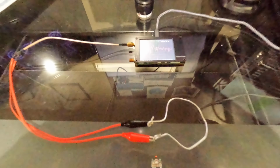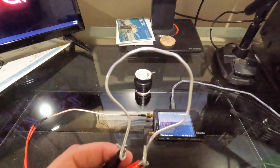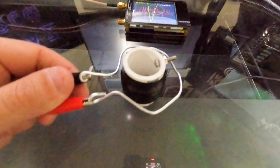All right, so this is the testing setup. So you'll see here's the trap we're gonna test. I've got a nano VNA. Now this will work with just an SWR meter. You're just reading the SWR of where it's resonant, and that will be the trap frequency. So all this is just a little coax cable around to just a split, and then I've built a little wire loop. And then all I have to do is loosely couple this with the trap, and you will see that it dips,